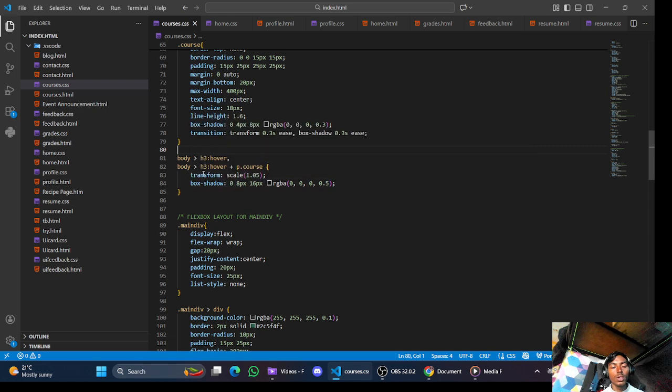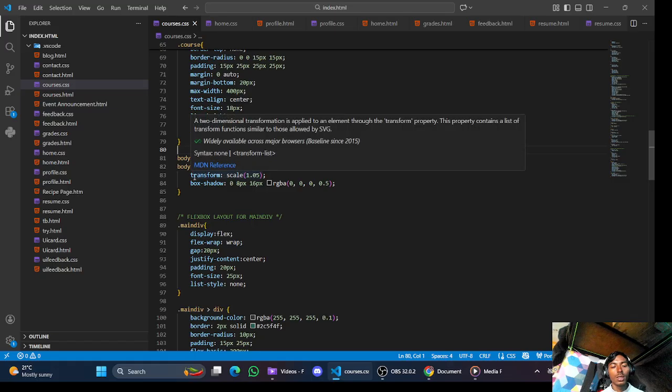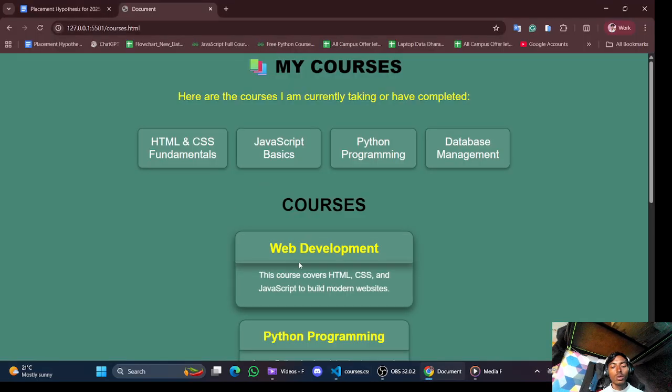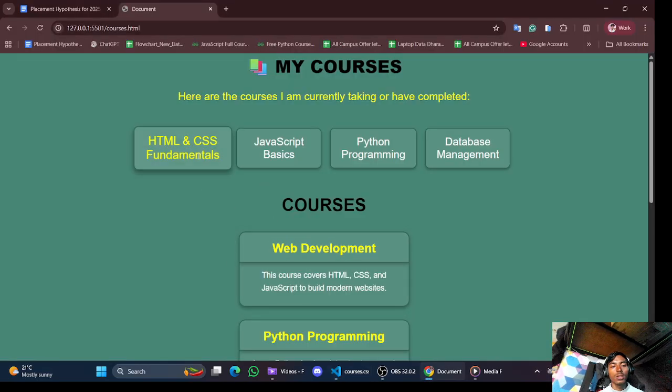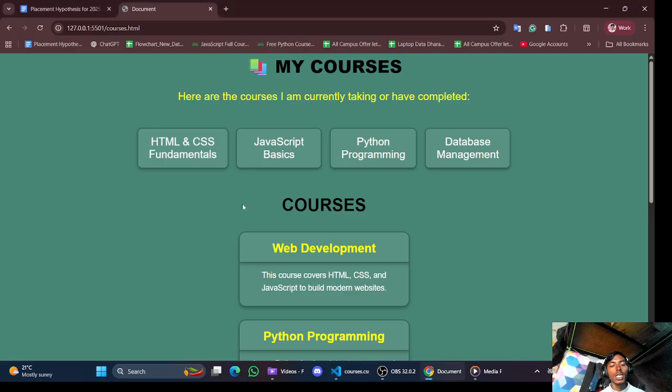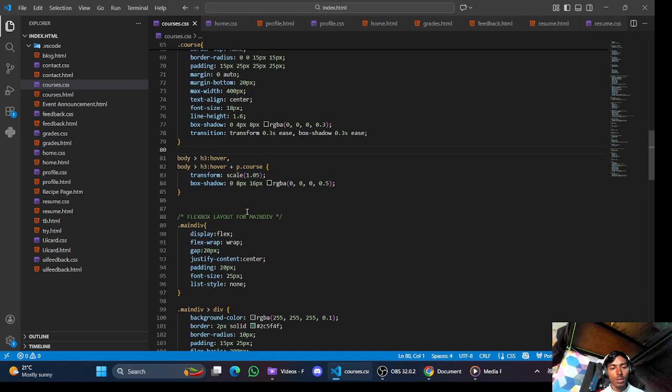So the transform effect is what to do. Transform scale 1.5 seconds: whenever we move this cursor, it's taking time, 1.5 seconds, and scaling means zooming effect. Okay,